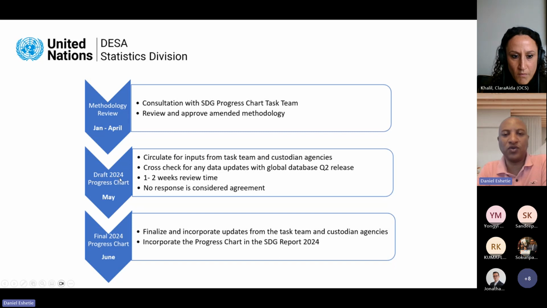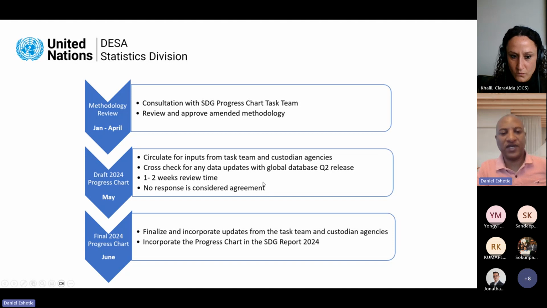We've started looking into running some preliminary numbers, as Panya was mentioning. But if you remember, he mentioned we can only look into 103 indicators. For the targets, we now need to look further into custodian agency submissions to fill the gaps and follow up with custodian agencies, so we have a more nuanced figure. So we're expecting to cover the 169 targets. This would take us 1 or 2 weeks of review time, and it's going to happen in May, which is a very short time we have.